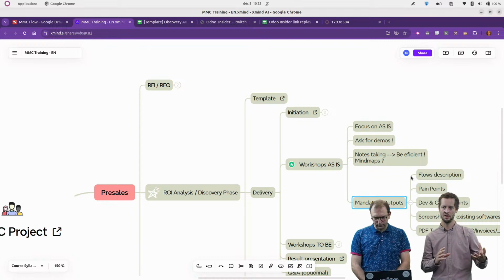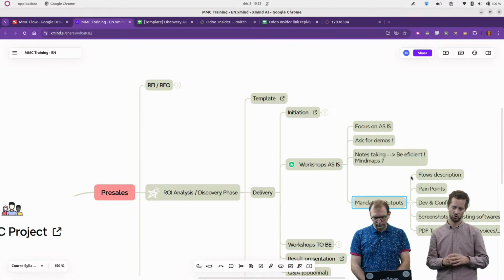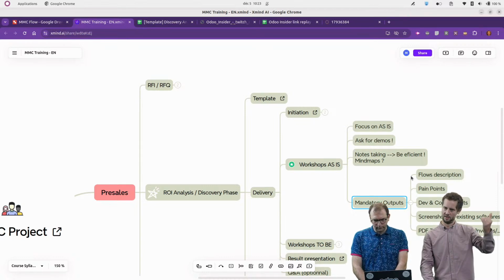We will also try to make a lot of screenshots or take some pictures of the existing software and the existing screens to try to capture the information that they are filling, because most of the time when we ask the question, so what info do you fill on the quotation, the risk that someone forgets some information or forgets to tell us something is quite big,